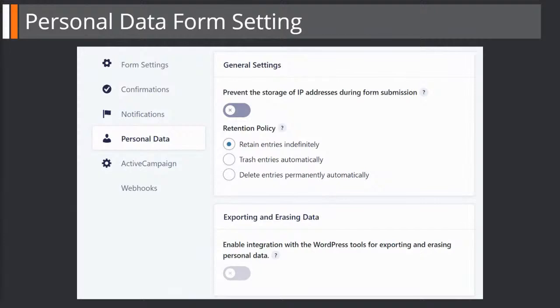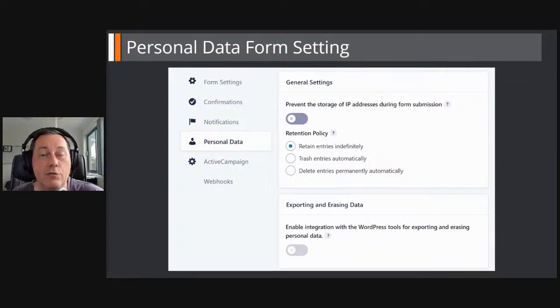A big thing as well, especially for my European clients, is this personal data form setting. This is a new thing that's brought into 2.5 into the core. Now, if you include an email address on a form, and you have to include an email address for this to work properly, otherwise it gives you a warning, there's a new setting to deal with personal data. So you can prevent the form from storing IP addresses, and you can set the retention policy on that data. You can retain entries indefinitely, you can trash them automatically, or you can delete entries permanently automatically as well,